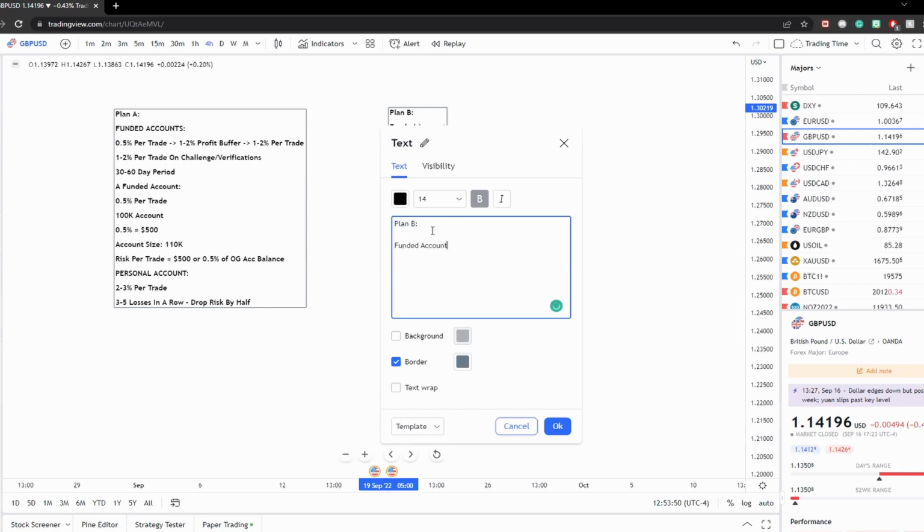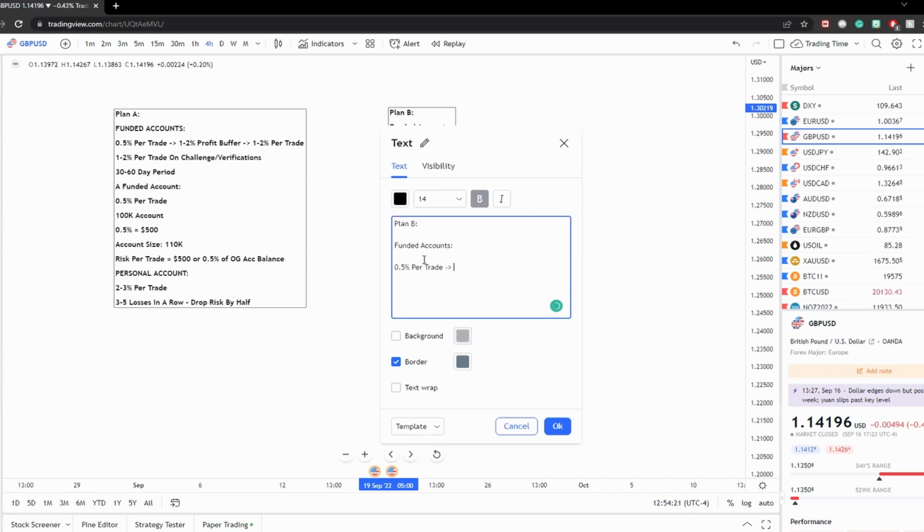How you would feel, like how you guys would want to trade, I guess. It depends on how you guys want to trade, right? So for this one, this is my personal one. And if I was going to go out there saying, hey, I want to share with you guys something that you can probably do, I know people usually do 0.5%, same thing, per trade for challenges, right? And then